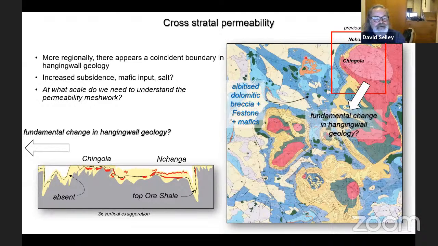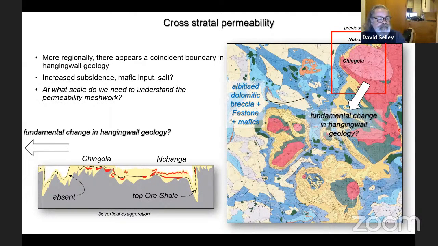So we've got a very important change in basin architecture, not at the level of mineralization or in the footwall, but within the hanging wall as we shift towards the south. Okay, and arguably we have a thicker and less permeable evaporitic stratigraphy forming the hanging wall in this region. Important just to re-emphasize that as we step across the linear through here, across this fundamental sub-basin margin, we do see locally the ore shale persisting to the south. It's carbonaceous facies, but it's